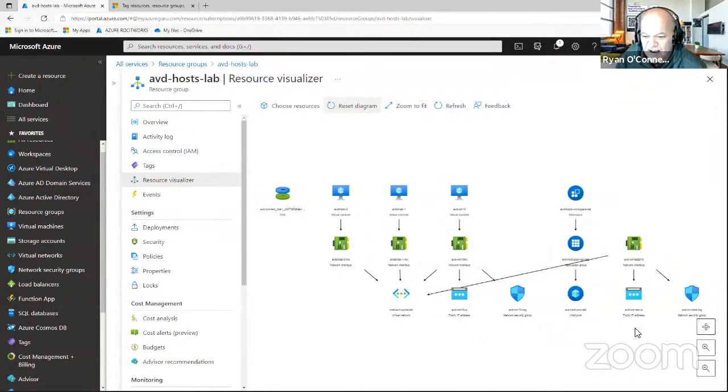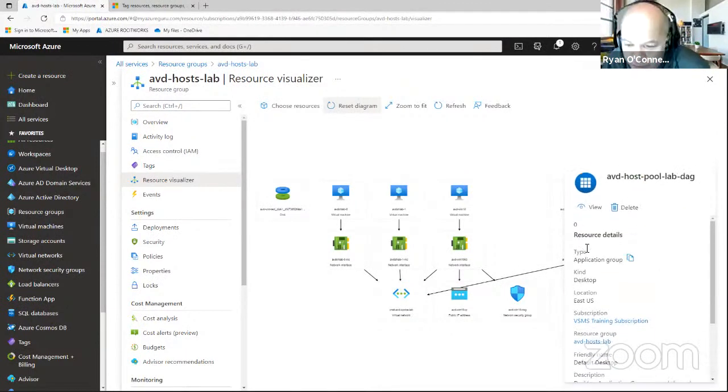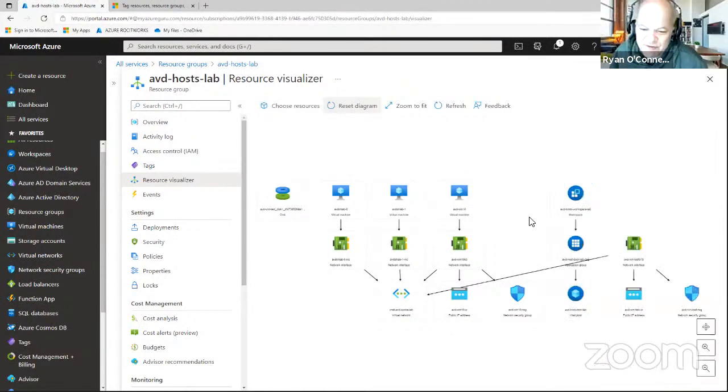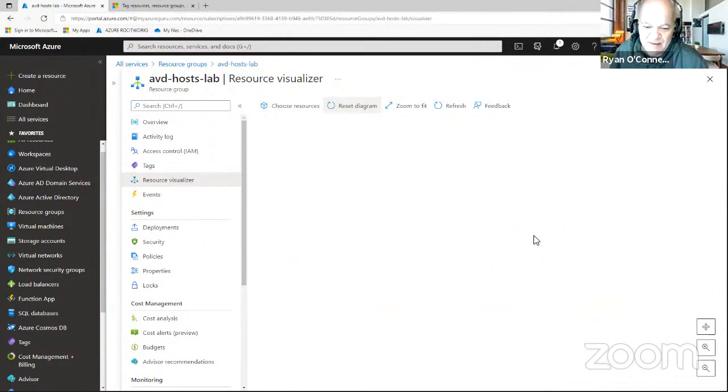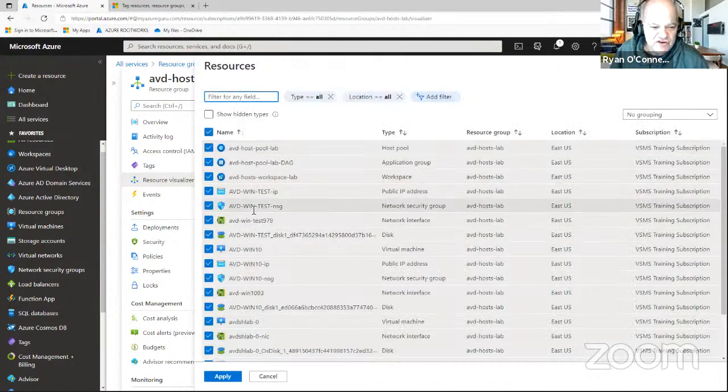And then of course, I'm now going one step further because I've created a Vnet or a workspace lab for Windows Virtual Desktop. I've created an application group so I can deploy applications out to my host pool in my virtual desktop lab. So you get this nice little diagram, and I'm just zooming in and out to suit your needs. Again, you can reset the diagram. You could choose a resource that you wanted to choose. I might not want all those resources. So there's a lot of things that you can do